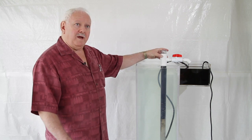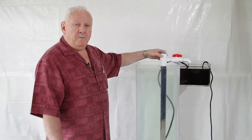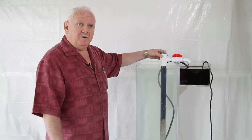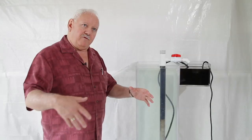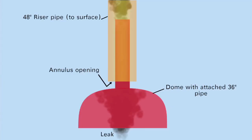Then, to complement that, I lower a pipe of larger diameter, approximately 48 inches, and only because it's a more standard size of piping than going perhaps to a larger pipe, although I guess there is no limitation to that. So you lower a 48-inch pipe on top of the 36-inch pipe, which means that there's an opening left between the two pipes. I refer to that as an annulus opening. That's an important phenomenon because